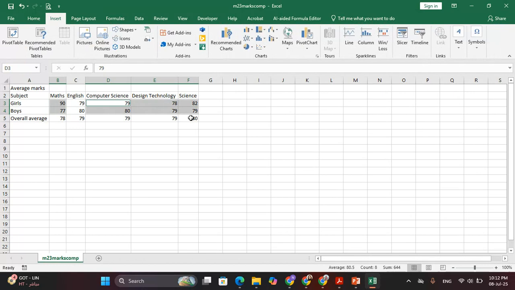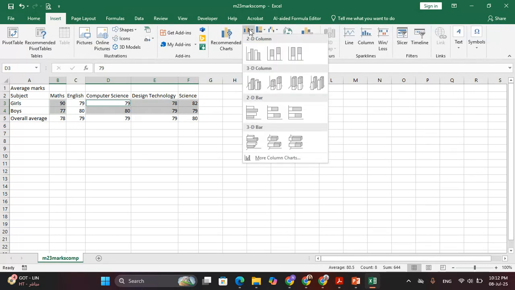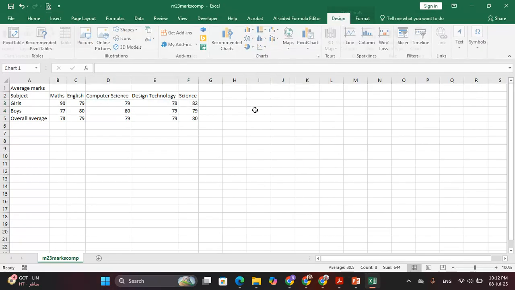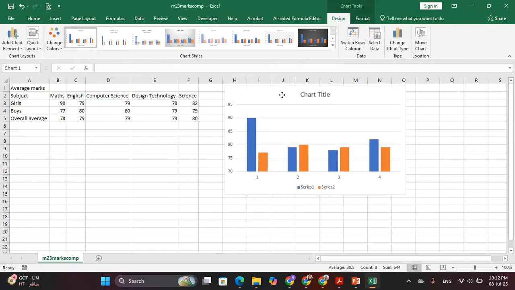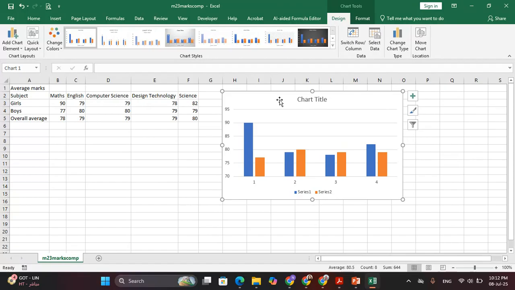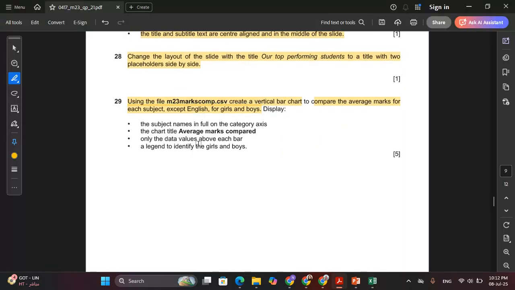Now, go to Insert and click on the charts. Choose the vertical bar, which is column chart. It means vertical bar. And choose the first option. All right. In order to do this, guys, I'm going now to see what they are telling us to include